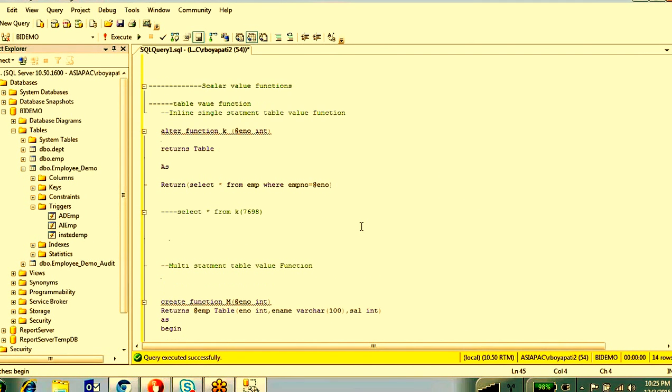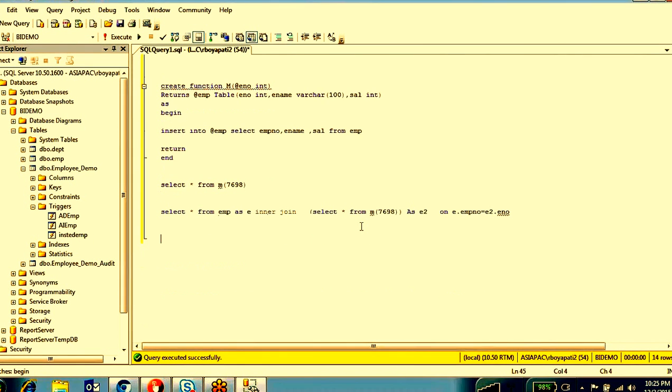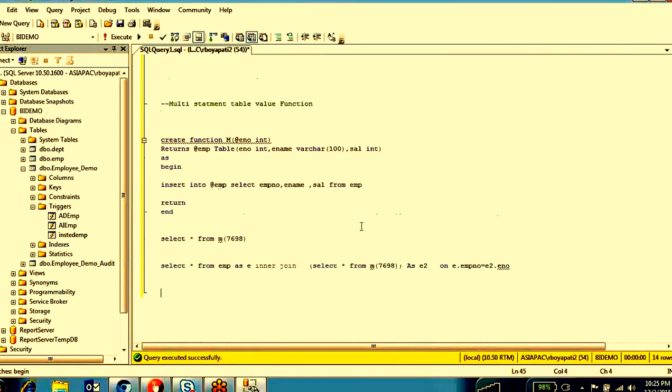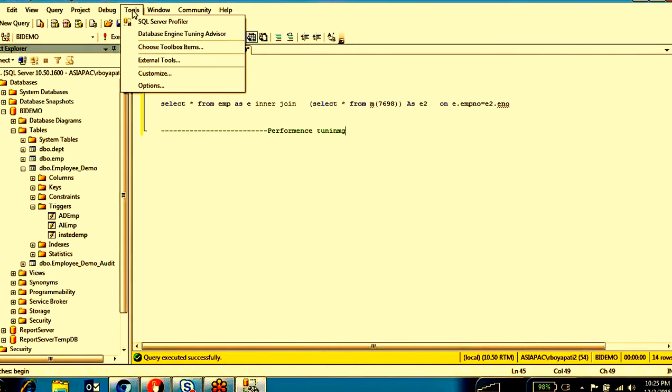Okay, so this is about the inline value function and multi-statement type value function. Got it? Right. The next one is performance tuning, and sometimes the requirement comes for the SQL Profiler. If we come to the tools, SQL Server Profiler.